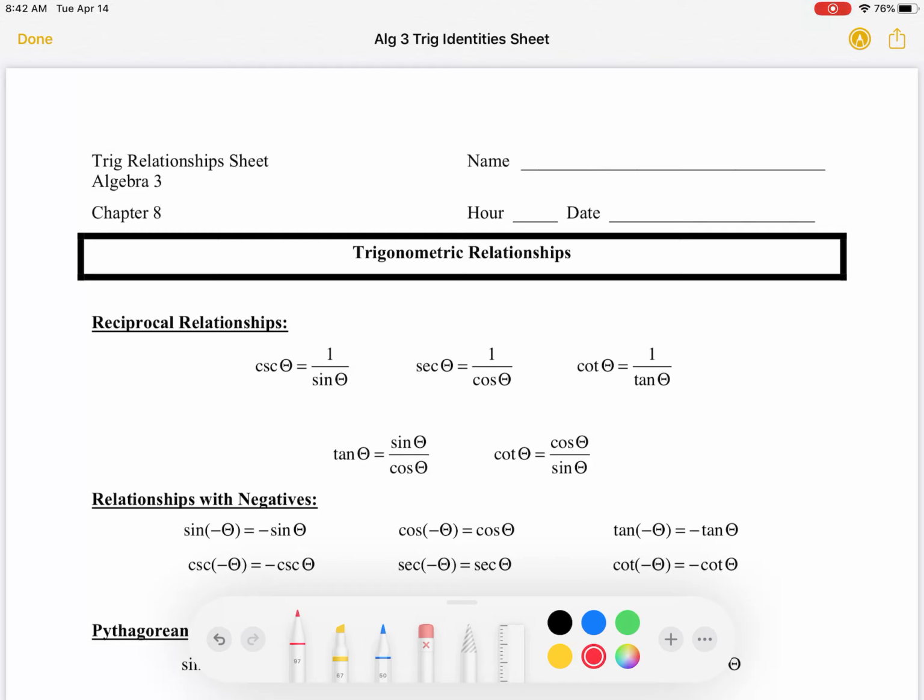Note sheets will still be used. Today we're not actually going over one. I'll get to that in a little bit. But I will have a video of me talking through the notes, and then I'll upload a filled-in copy. You can use that, follow along with it, print it out, whatever you really want to do with it.